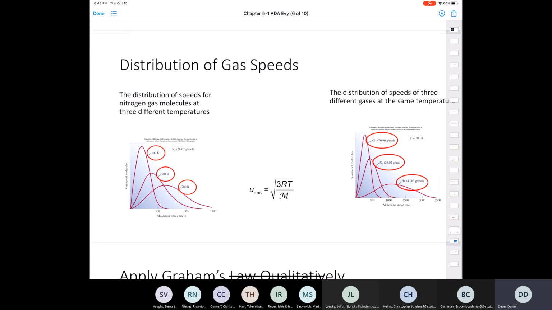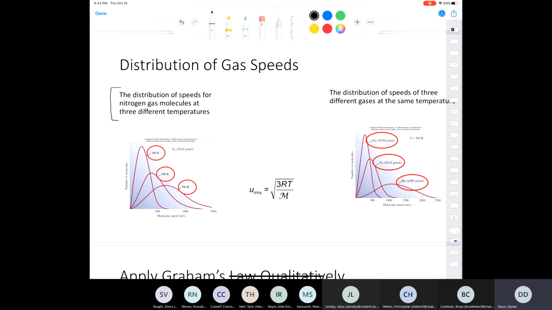You might be wondering, well, how fast do gases move? Is there a way that I can calculate the speed of an ideal gas? And the answer is yes. Before we look at how to calculate that, I want to get you to focus your attention on the left